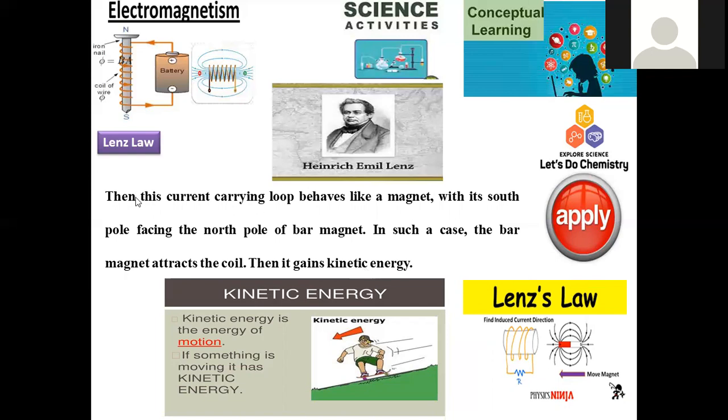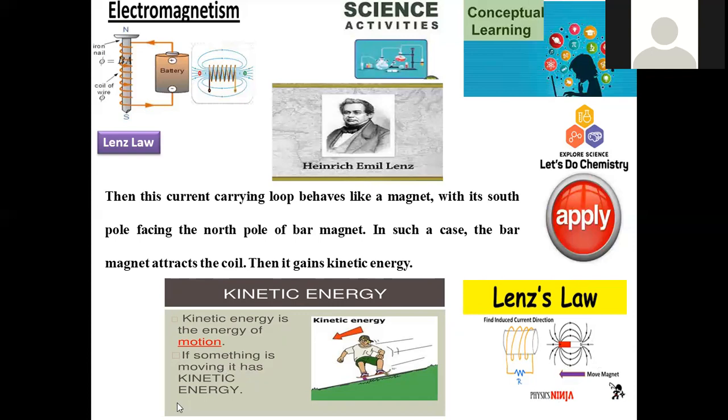That's the reason why the induced current in turn generates a magnetic field around it, and this closed loop now works like a magnet, the induced magnet, which is the south pole. So we can assume that the pole which is inclined toward the external magnet can be regarded as the south pole, because whenever the north pole is in close proximity, always repulsive forces will operate. So in order to minimize such a condition, the south pole of this closed loop induced within the system and the north pole of the external magnet are inclined in such a way that the bar magnet will be inclined towards the coil, and kinetic energy will be gained.